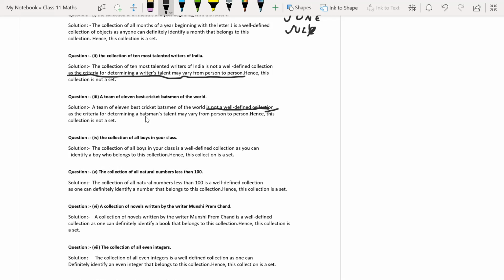Collection of all boys in your class. If there are 15 boys in your class, we can say that the collection of all boys in your class is a well-defined collection, as you can easily identify who belongs to your class or who belongs to other classes, or who belongs to this collection. So we can say that the collection of all boys